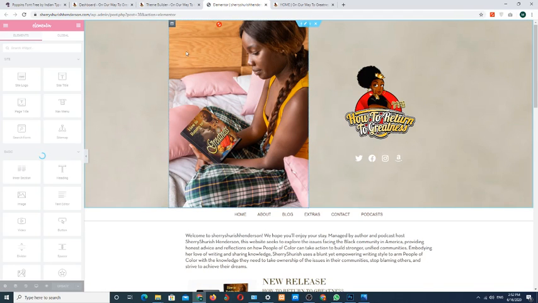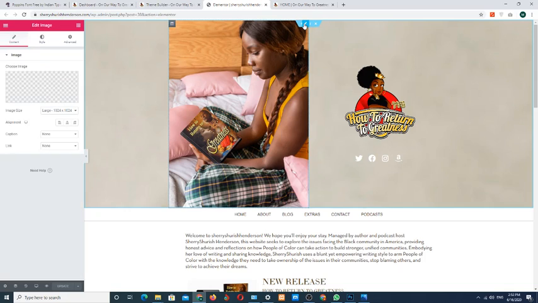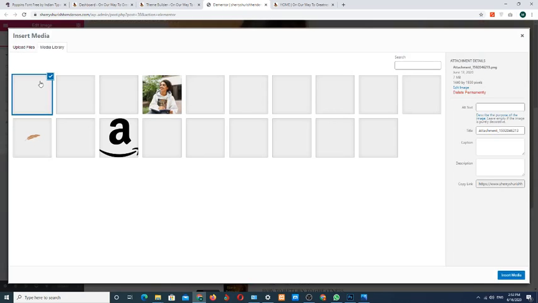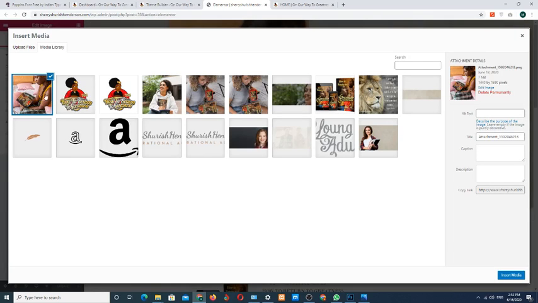Okay, and from here you can click on edit with Elementor, and when you click on edit with Elementor a new page will open. Okay, and when the page loads, if you want to change the image you have to simply click on edit. Okay, this pencil icon, you have to click on this pencil icon and you have to click here, and from here if you want to change your image you can change it, and after selecting the image simply click on insert media.